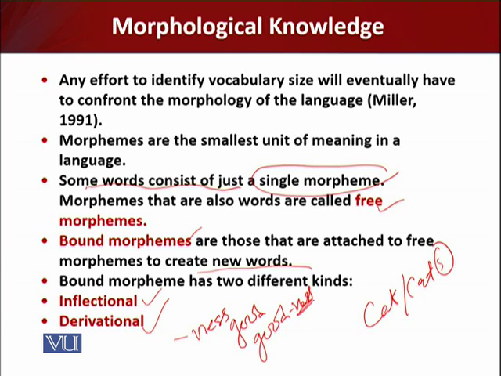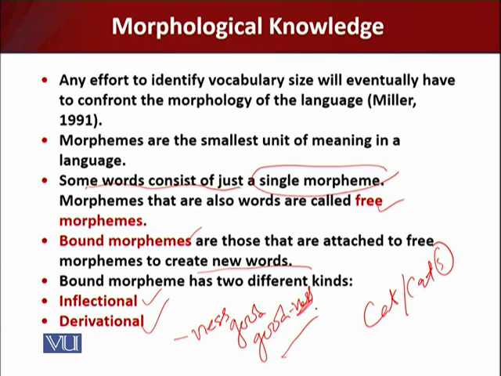So this is the derivational morpheme. It turns the word good, which is an adjective, into goodness, which is a noun. So other derivational morphemes change not only the syntactic category. Here, when we see it, it is the syntactic category that has been changed. But then there are